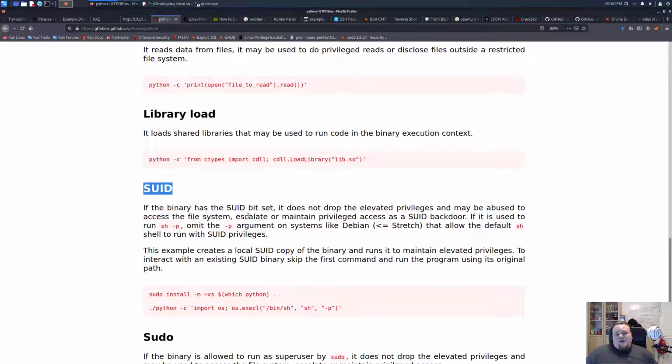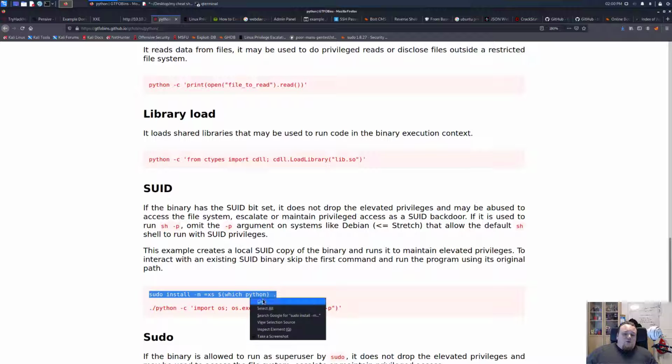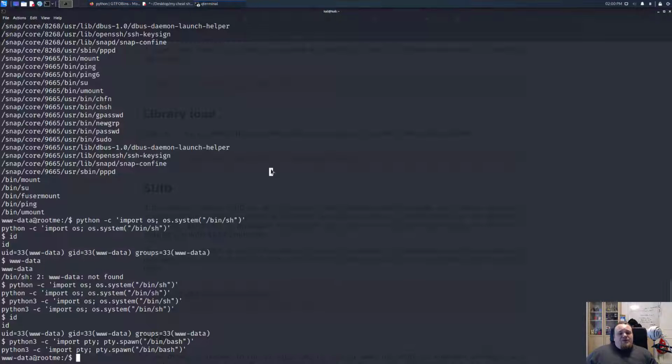And now you're thinking, oh, but didn't I say when we search for files, we search for the SUID? And I did say that. So the one here is sudo install whatever, blah, blah, blah. We could run that, and if we do that,